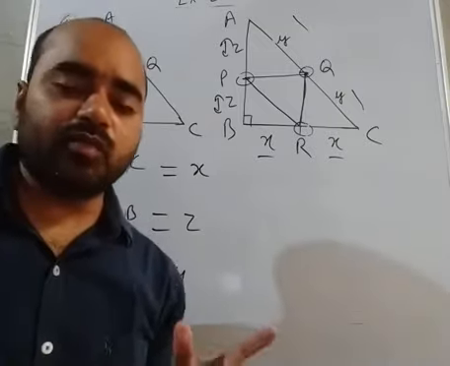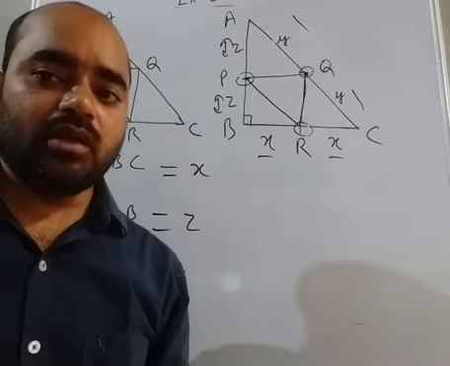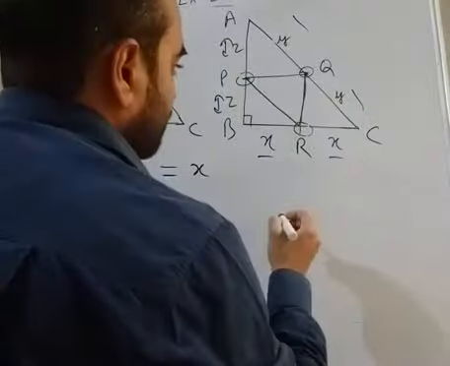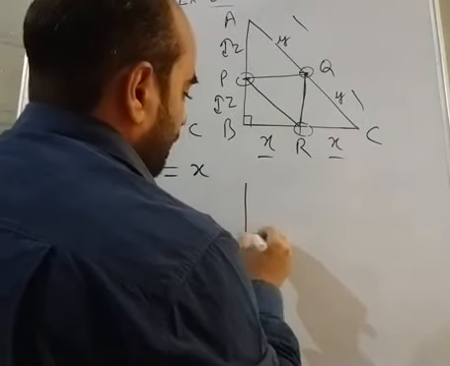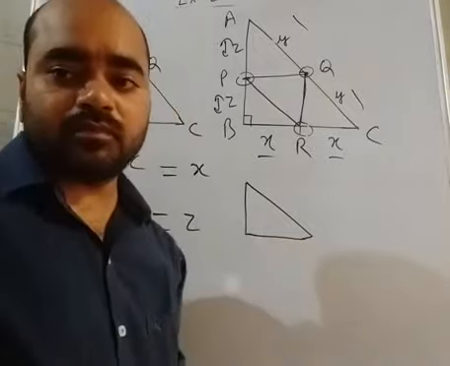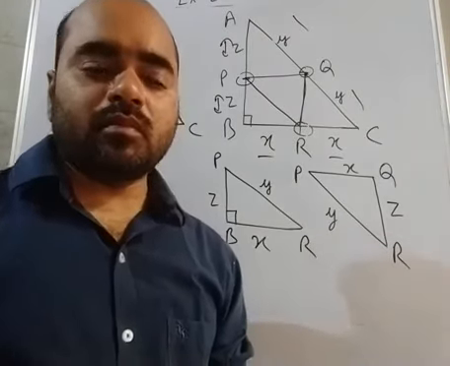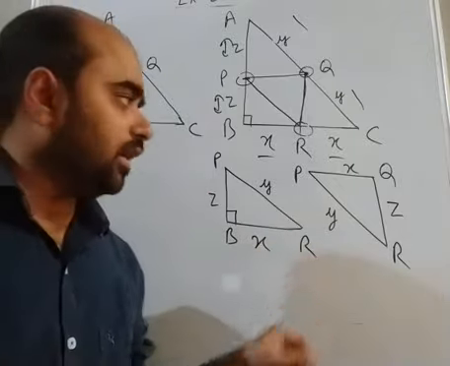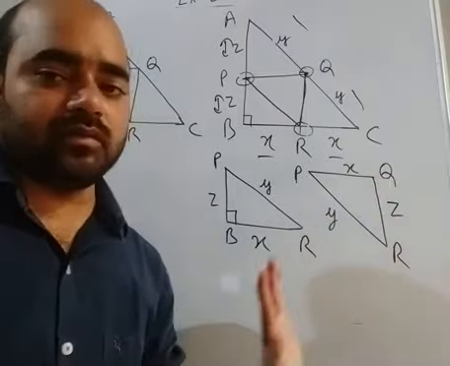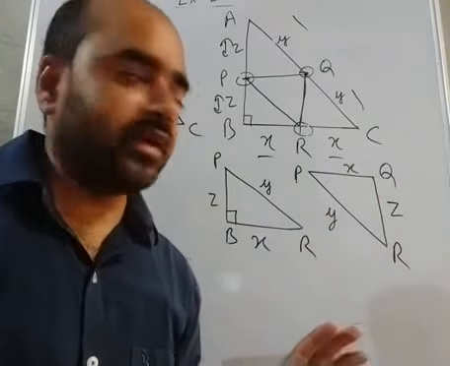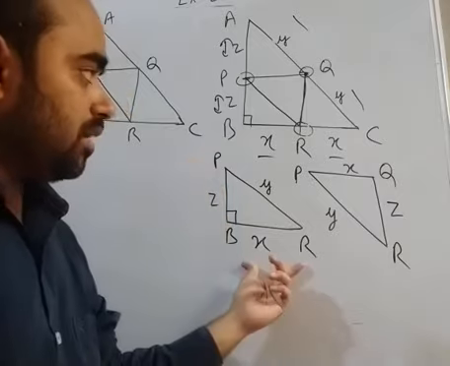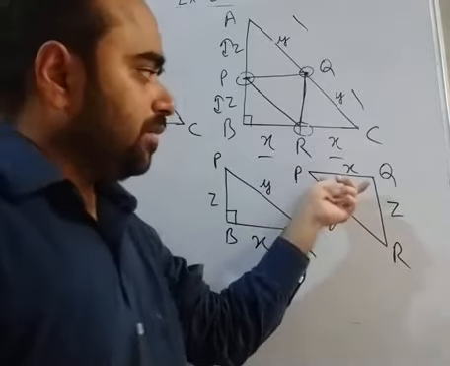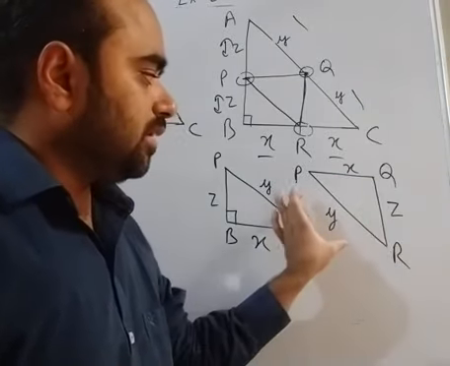Now, but we have to prove this triangle is a right angle triangle. Now we will use congruence of triangles. See, we are having two triangles. It means now we are having two triangles, triangle PBR and triangle PQR. Already we have calculated all the values. PB is Z, BR is X, PR is Y in this triangle. In this triangle also PQ is X, QR is Z, PR is Y.